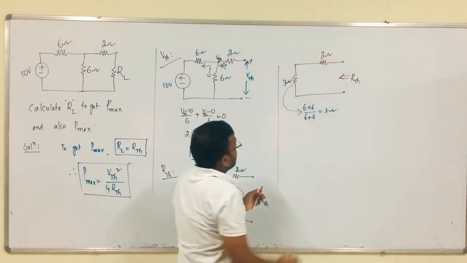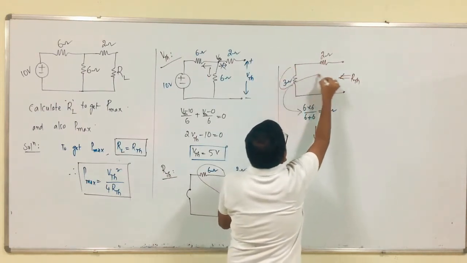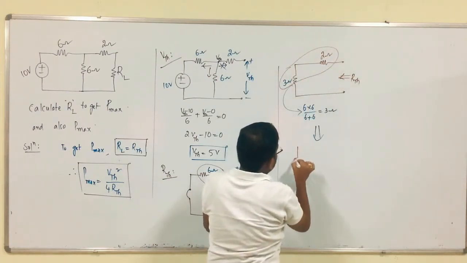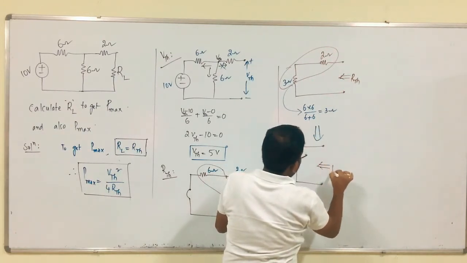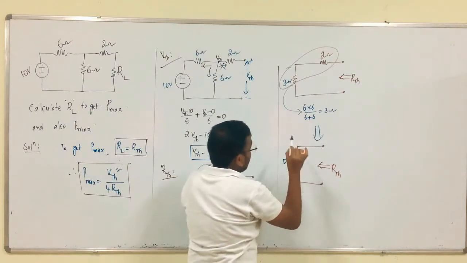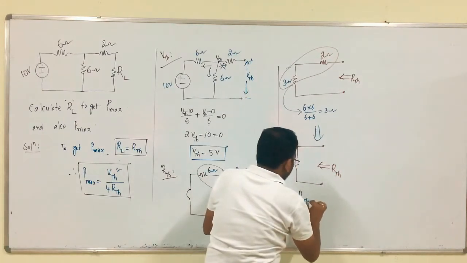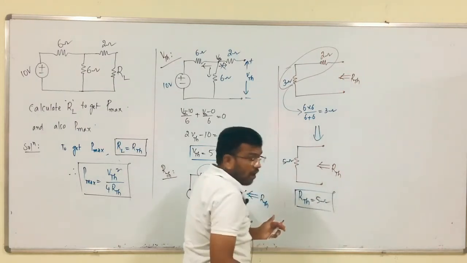These two are connected in series, so RTH is 3 plus 2, 5 ohms. Finally, RTH equals 5 ohms. Therefore, RL should be equal to